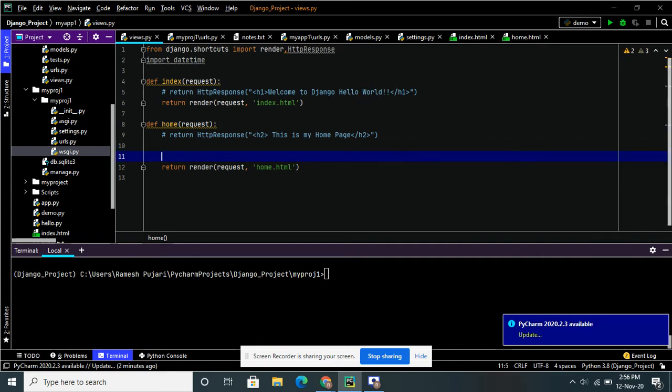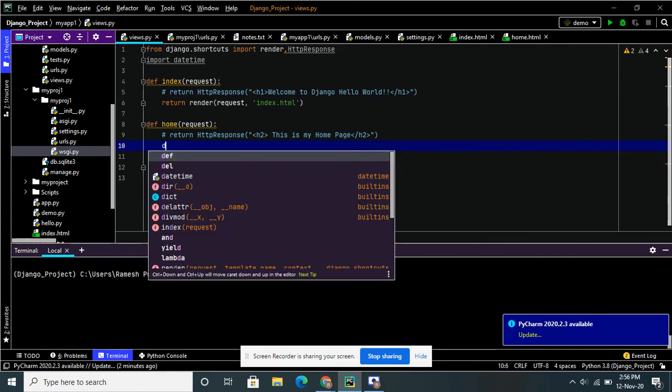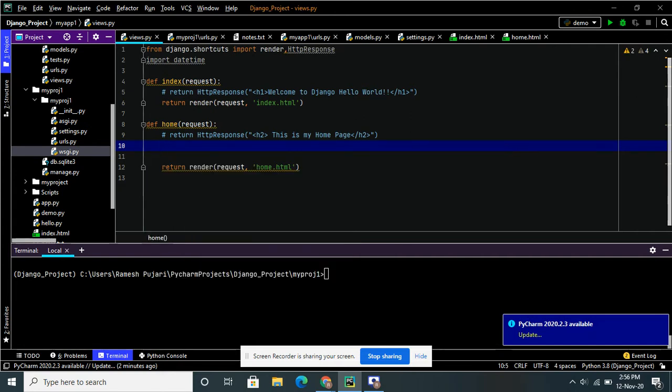Now I will show you how to use the variables in the Django template language. As I already explained, if you want to declare anything inside the views for the template language, it should be in the form of a dictionary only. So now I will show one example. I want name and age to be displayed in the template, that is in the browser, when I'm running the server, with the data fetched from the view file to the HTML. So now I will show it with an example.